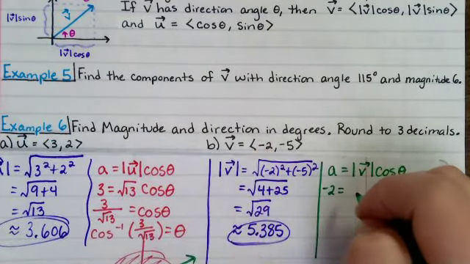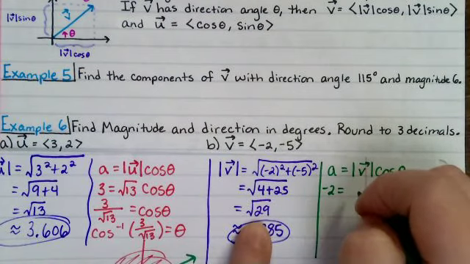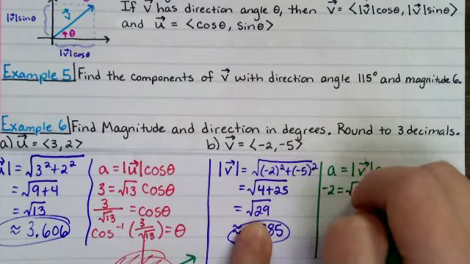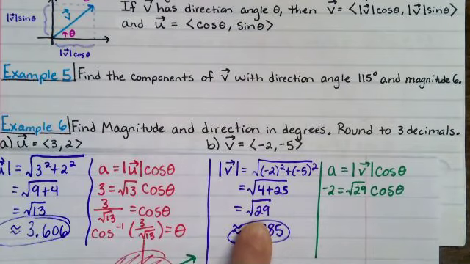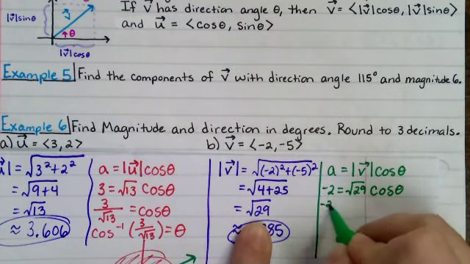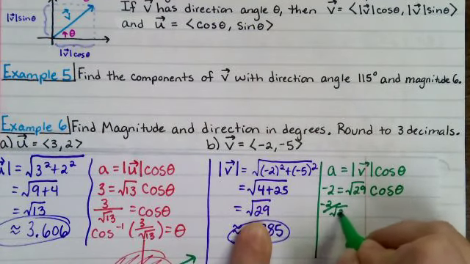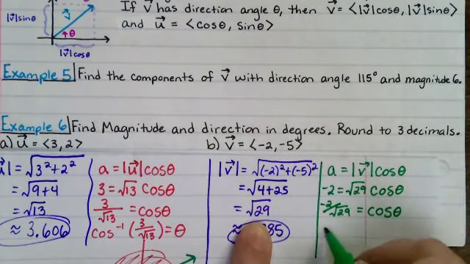I also know the magnitude of V, which we said was the square root of 29. So again, this is starting off the same way that the last one did. If I divide both sides by the square root of 29, this is negative 2 over the square root of 29. Then you would do cosine inverse